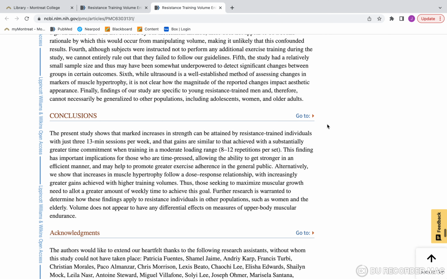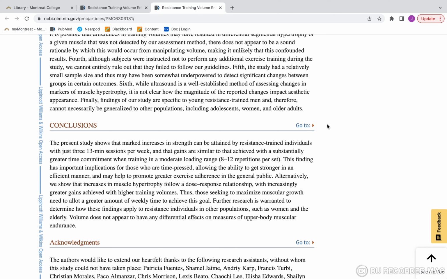So as you can see, each of these sections serves a very particular purpose. As a reader, you might go check one out versus another for different purposes, or you might read the whole article. To be completely honest with you, very rarely am I going to read the whole article. I just don't have the time to do that. If I'm trying to get ideas, usually I'm trying to dive into a certain section, digging for the particular things that I want to see. If it's a really interesting study, maybe I look at the whole thing, but generally I'm trying to get the main ideas quickly and I glance through or go specifically to what I want to see.